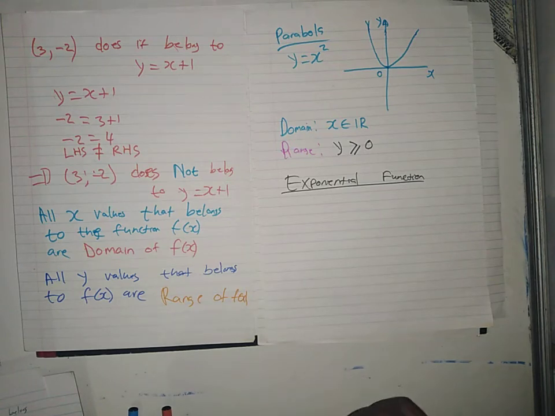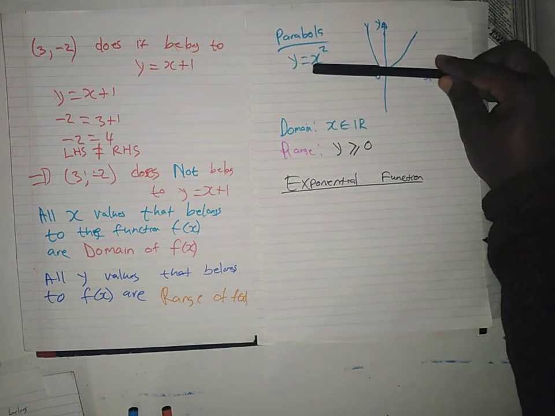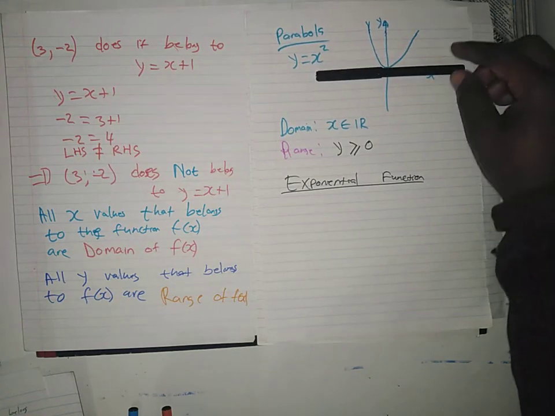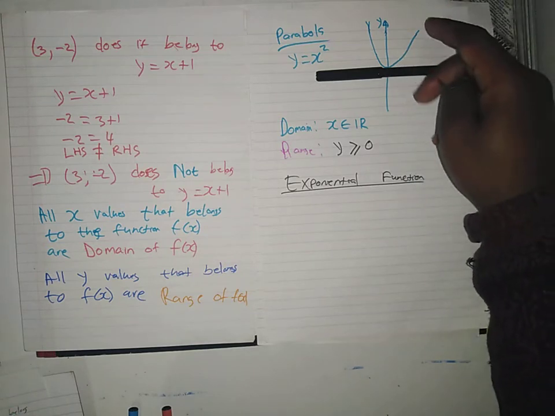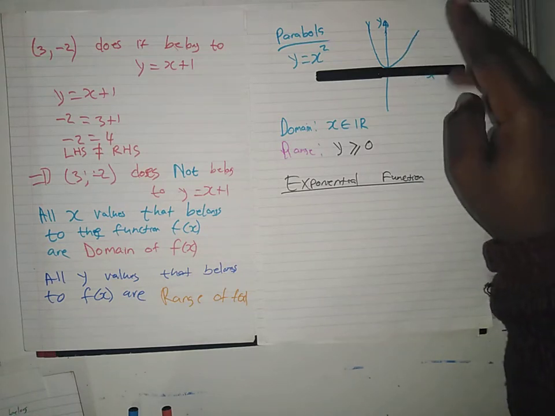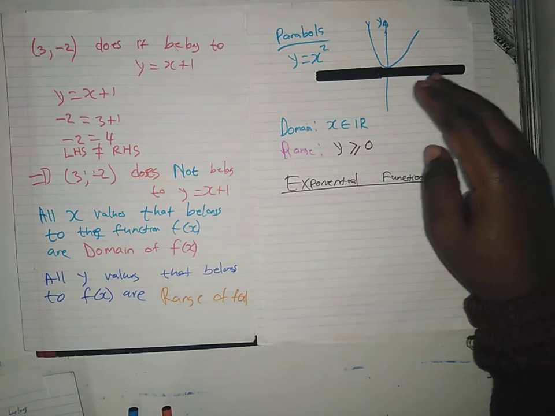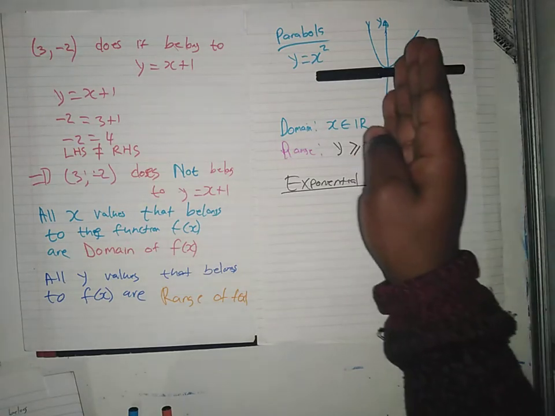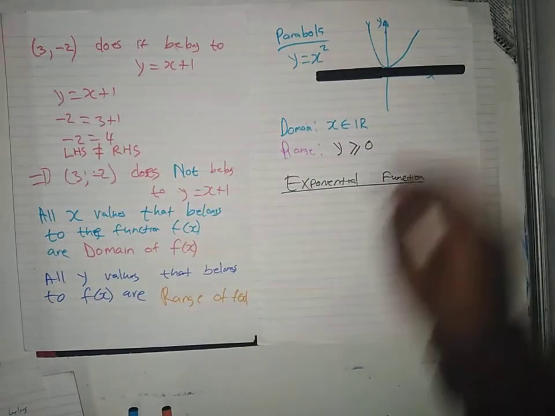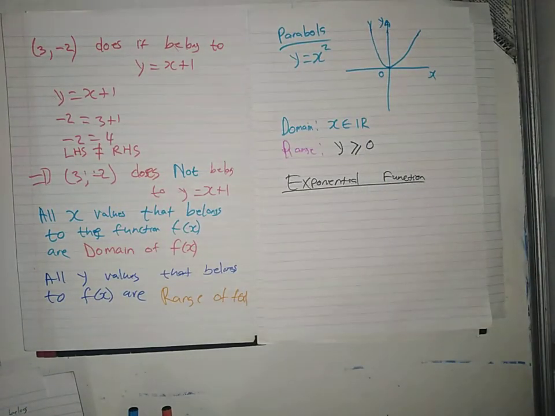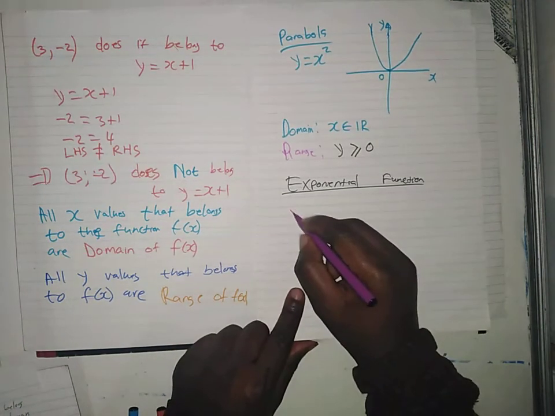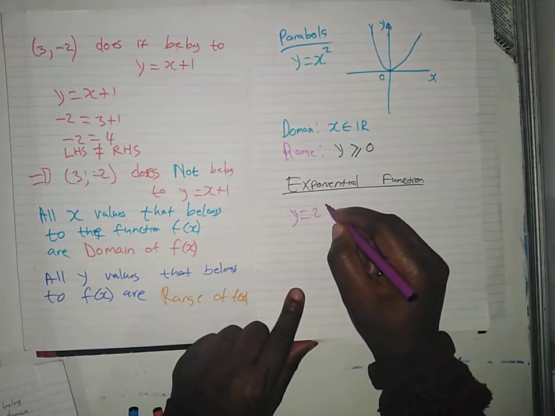When you want to find the domain, you just put a pen and start with 0 up to positive infinity. You look at whether, if you project these points, you can touch the graph. And then from 0 down to the negative. And then you do the same thing with y. This is how you find the domain and the range. Okay, so now let's say we've got y equal to